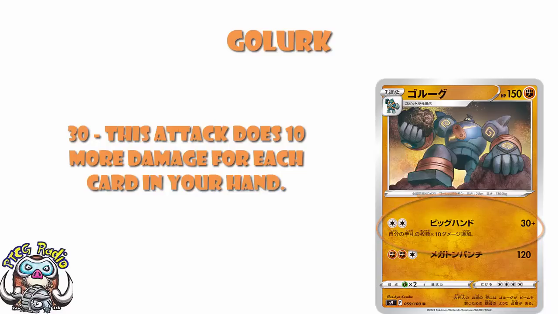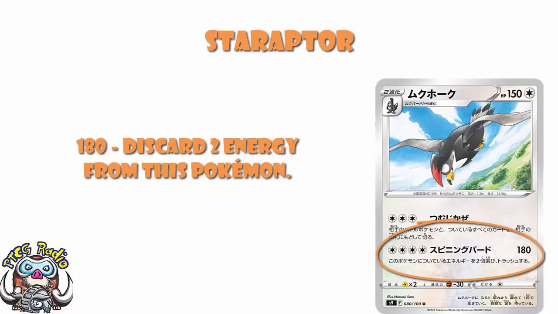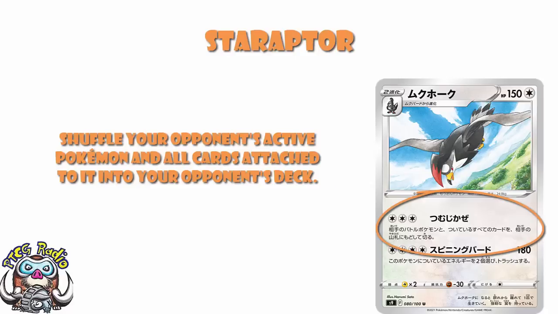Now, Staraptor is a kind of Pokemon we've seen before. This is not a new attack. It's not the 4 energy, 180 discard 2 energy from this Pokemon. Yeah, it's 180. Yeah, you get a KO on Crobat and Kricketune. It's not actually completely terrible until you realise that it is 4 energy on a stage 2, and that is really gosh darned expensive. What we're looking for here is Whirlwind, free colourless energy, shuffle your opponent's active Pokemon and